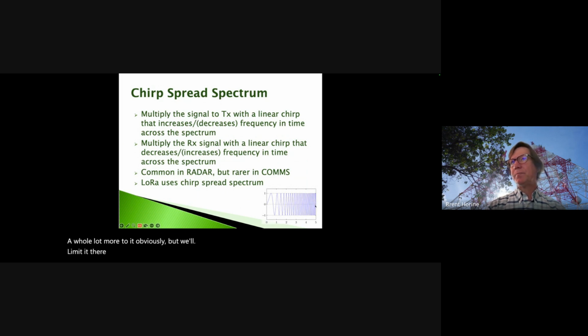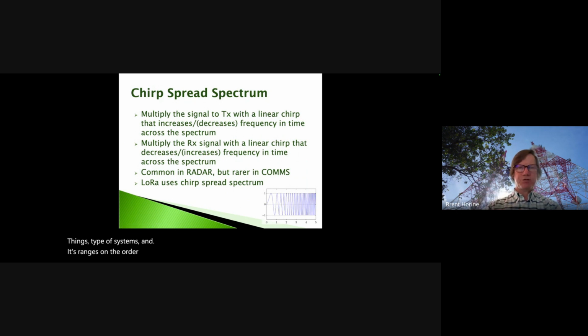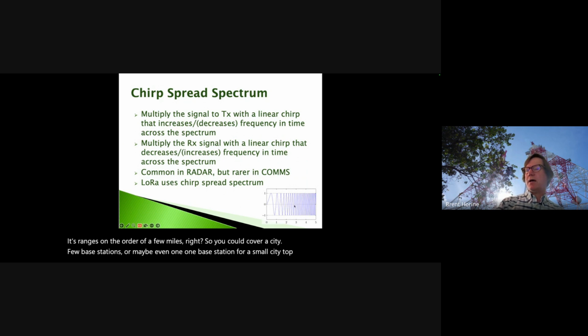And then chirp spread spectrum is much more popular in radar systems, but is used in a few esoteric things like this LoRa. It's mostly a communication for IoT, Internet of Things type of systems, and its range is on the order of a few miles, right? So it could cover a city with a few base stations, or maybe even one base station for a small city. And there, instead of multiplying by a sequence or frequency hopping, we're multiplying it by